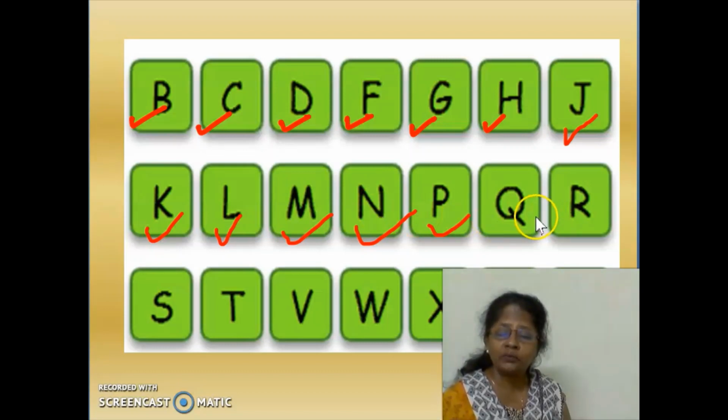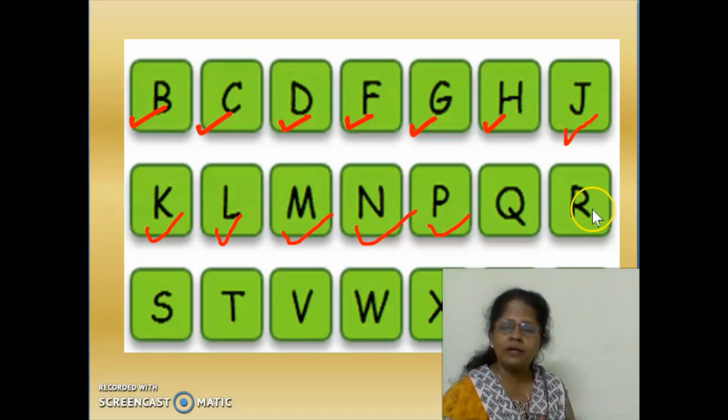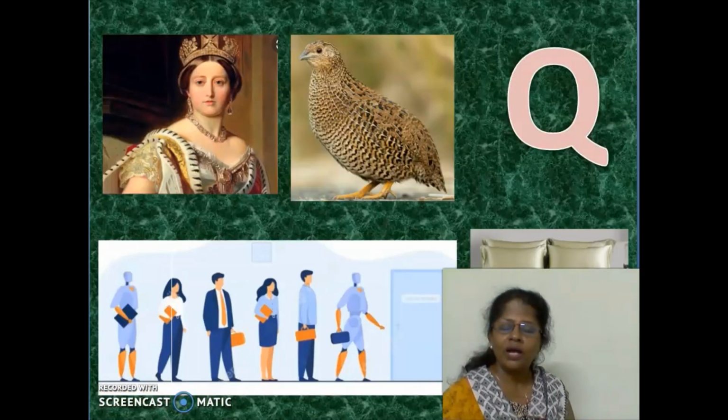And in this class we will be doing Q. This is the alphabet Q, and the sound it makes is Q, R, and S. So these 3 sounds are what we're going to learn in today's class. So we will begin with the English alphabet Q, but we are going to call the sound of this alphabet Q, Q, as in quail,